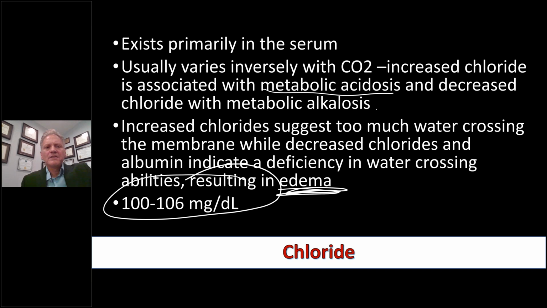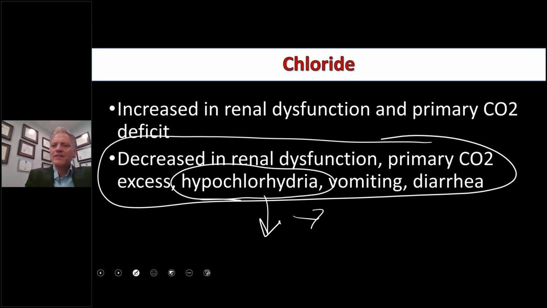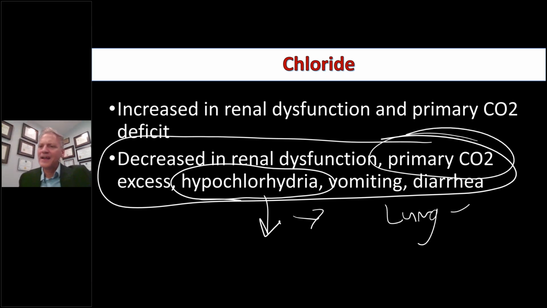Okay, so decrease in renal function, primary carbon dioxide excess. Sometimes somebody can have lung problems, and we'll get to it in just a moment, and they're just not able to breathe well. So their breathing isn't good, and so they can't get rid of the CO2. When they can't get rid of the CO2, it's going to cause the CO2 to raise. When the CO2 raises, this can actually be a reason for lowering